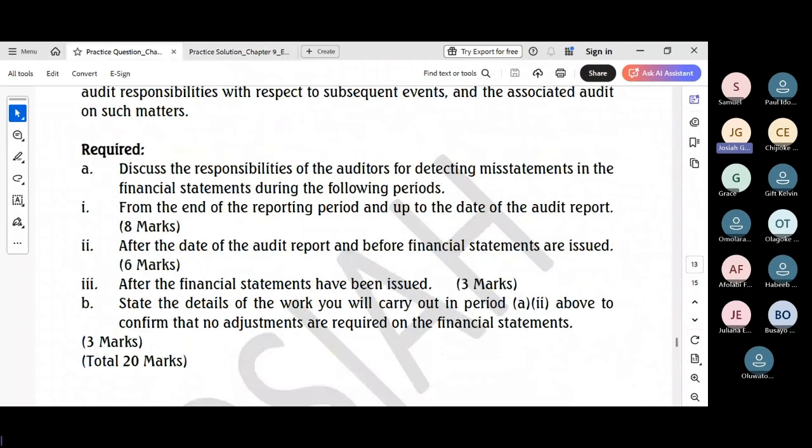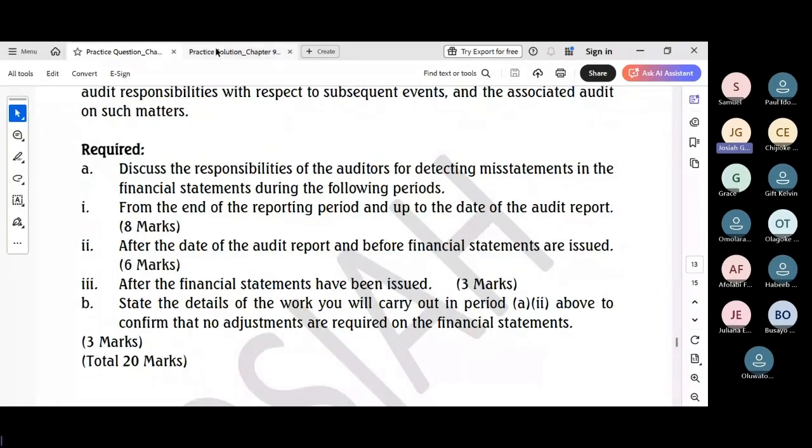So the scenario, the provided financial extract and the context, which is a listed company in electronics assembly, primarily serves as a background to establish a high-risk environment where subsequent events like inventory obsolescence, impairment of receivables, and asset destruction are highly relevant.